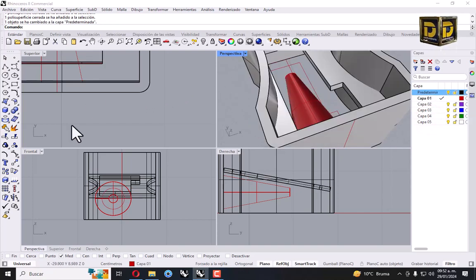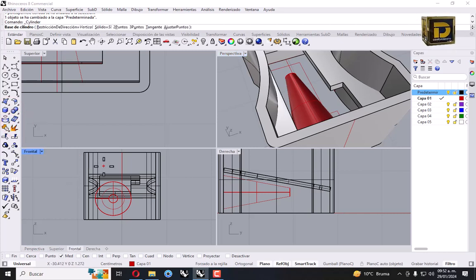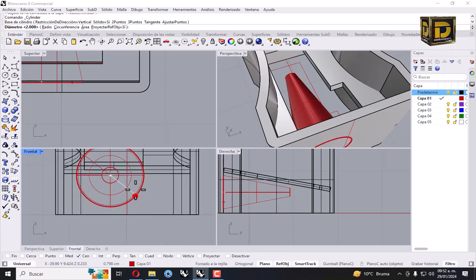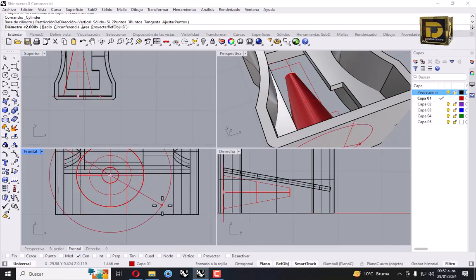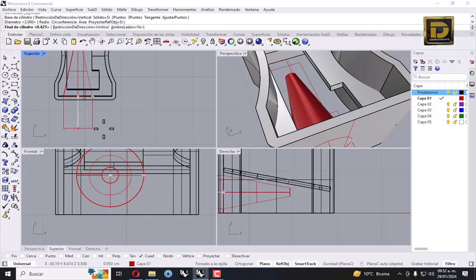Right, we need to make a cylinder next to this tool and select center, the center, and next to quad, select this quad and go to this part.